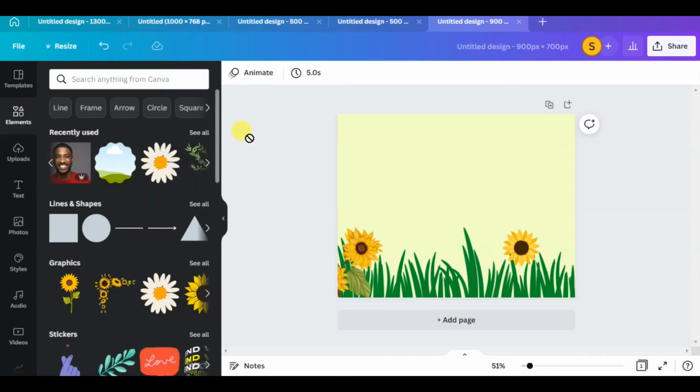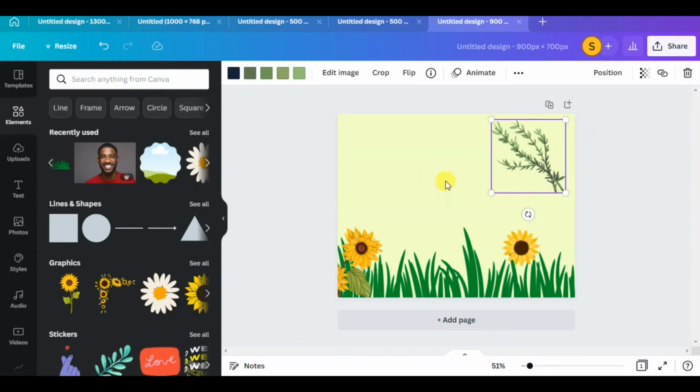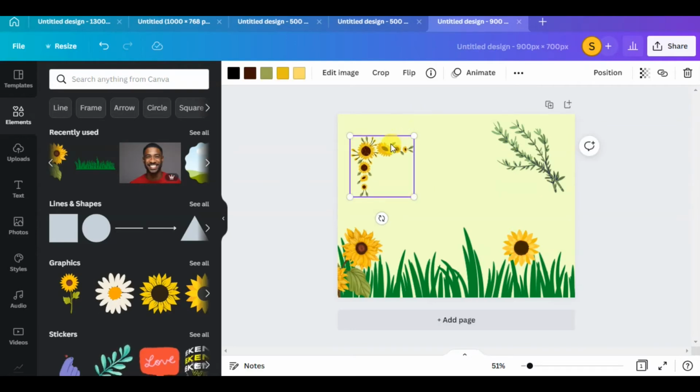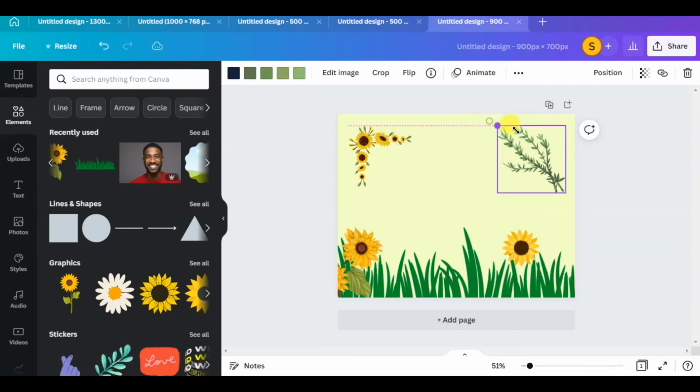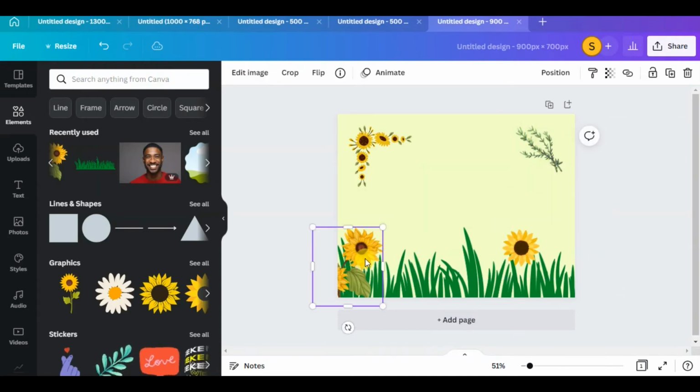Okay, yeah, this is what I did. And then I put this one here, and I go with something like this, but I'm not interested in doing all this. I'm just gonna leave it this way.